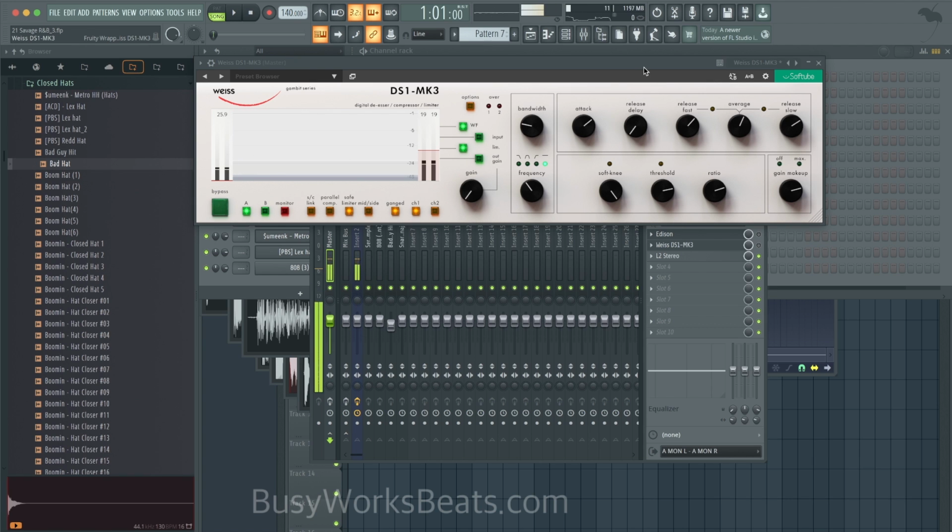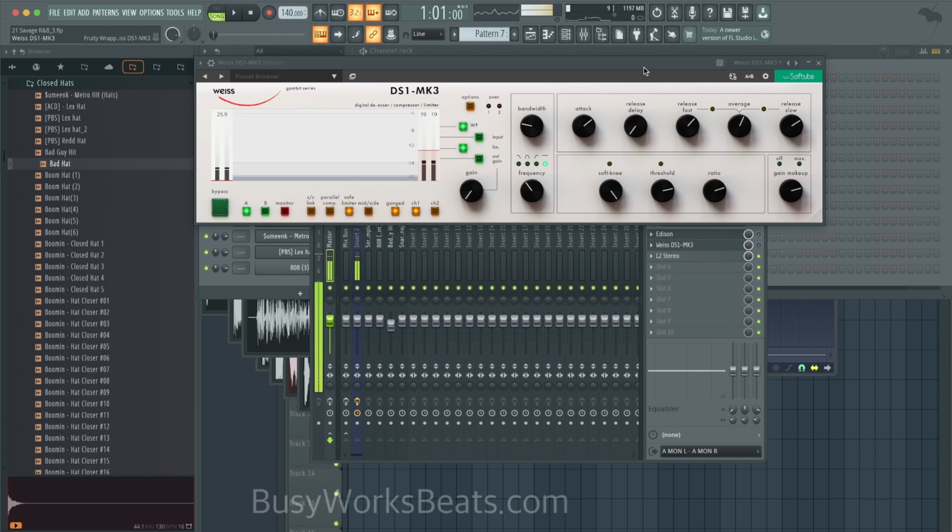The only issue I would say with that plugin is the iLok, and the iLok takes up a whole USB port for me. That's why I don't use iLok products as much that require the USB port, because I need my MIDI controller, I need my external hard drive, I need my charger, and I need my interface to plug into my computer. And on the MacBooks, you only have 4 slots. So I don't even use a lot of iLok stuff anymore because of that reason. That's why I think a lot of iLok stuff for the USB just sucks, even though you can put it on your computer or the cloud, some companies require that it remains on a USB, which is super archaic to me, but it is what it is.